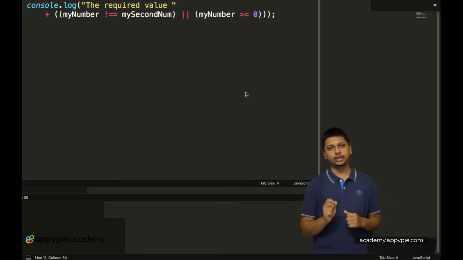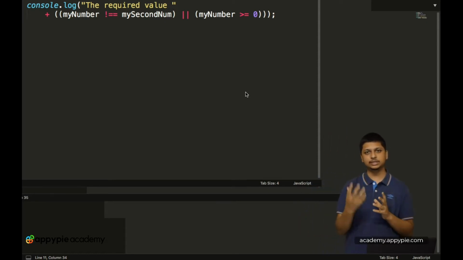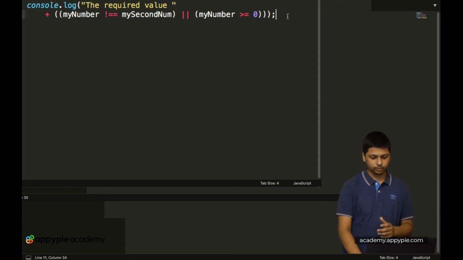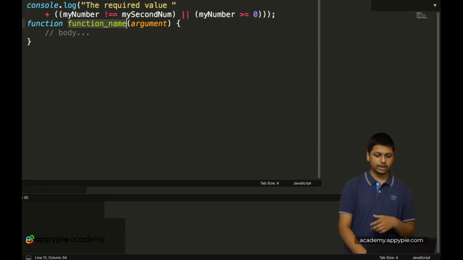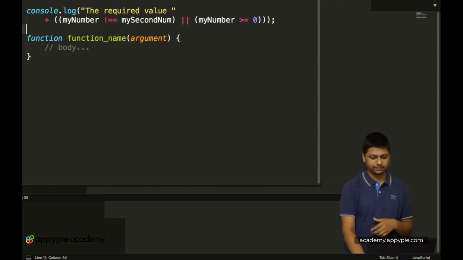Now the method in JavaScript basically starts by typing in the function keyword. Over here on a new line, let's type in a function, and Sublime Text automatically fills it up for you.